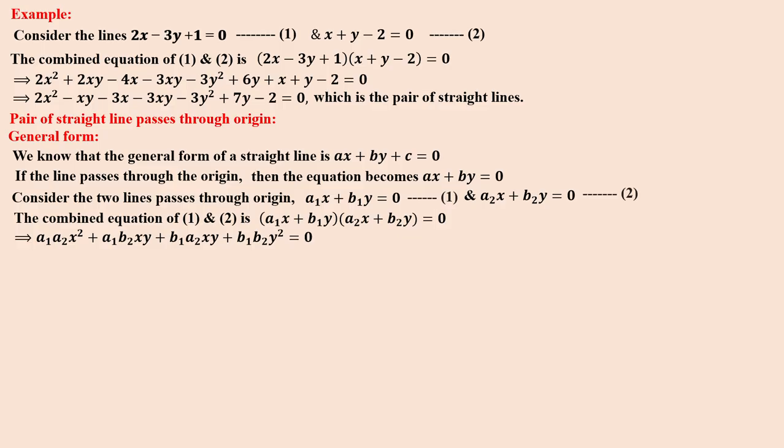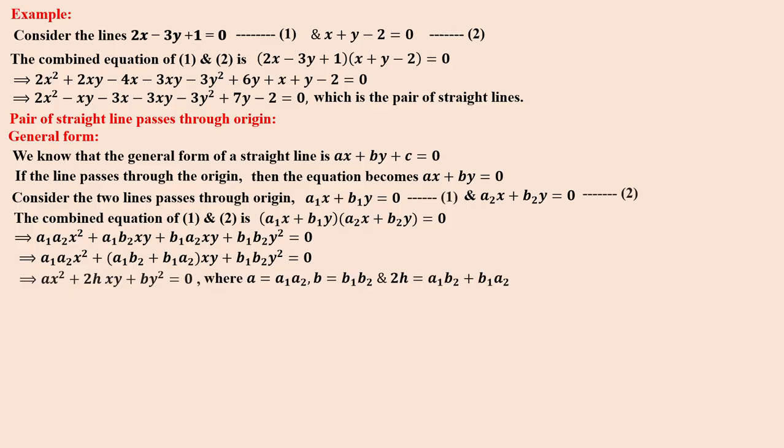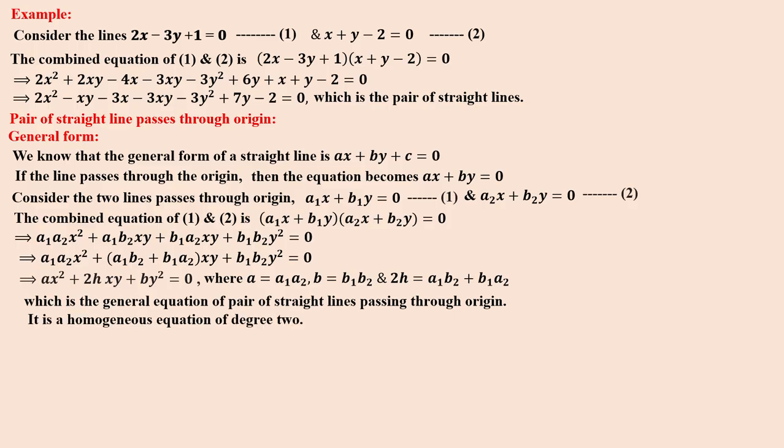Multiplying this, a1 a2 x square plus a1 b2 xy plus b1 a2 xy plus b1 b2 y square, that is a1 a2 x square plus a1 b2 plus b1 a2 into xy plus b1 b2 y square. So that is ax square plus 2hxy plus by square equal to 0, where a is equal to a1 a2, b is equal to b1 b2 and 2h is equal to a1 b2 plus b1 a2, right? This is the general form of a pair of straight lines passing through the origin. It is a homogeneous equation. Note that the power of x square is 2, of xy is 1 plus 1, 2,